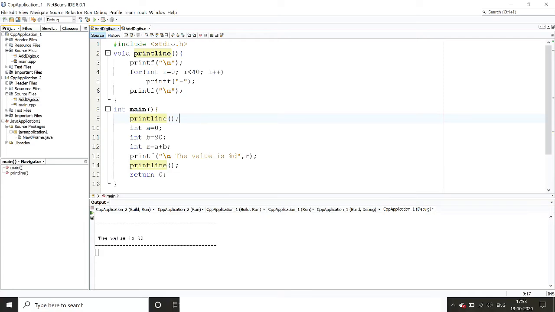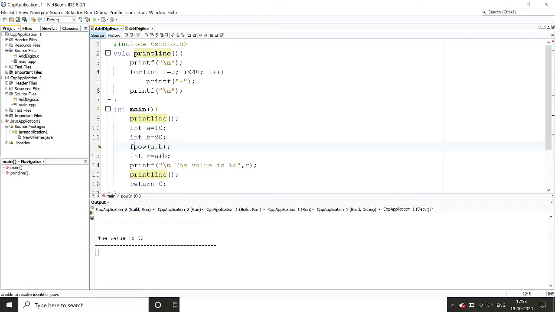Now you can relate it to some predefined functions that you have already used. If you remember, I mentioned once in class that you have to understand all the functions written in math.h, right? What are the functions in math.h? One of them is pow, for power. Another is sqrt, square root. Maybe you have already used these. Suppose you want to calculate the power of a and b, where a is 10. If you want to calculate a to the power b, we normally use pow(a, b) from math.h. It is showing an error because I have not included math.h here. If I include math.h, it will not show an error.